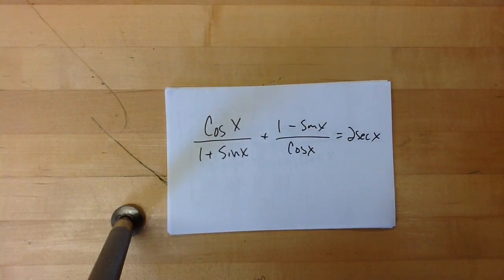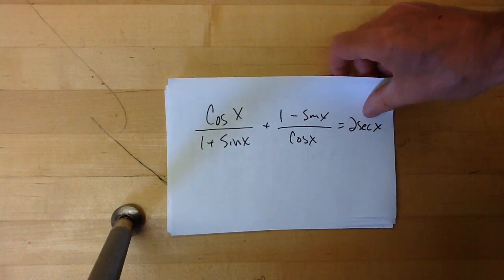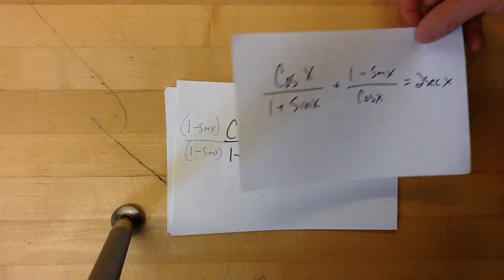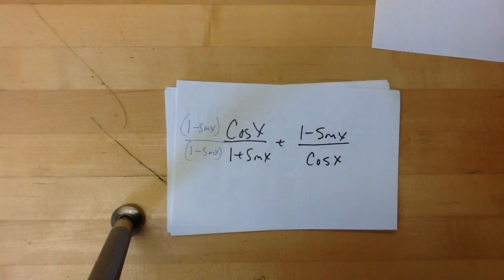Okay, to verify this trig identity, what I need to do is only work on one side of the equation. That's what makes an identity, not an equation. So what I decided to do is work on the left-hand side, and then I really wanted to get these to have common denominators,